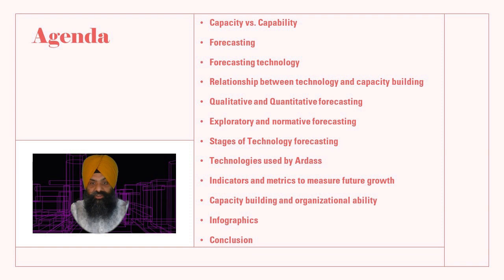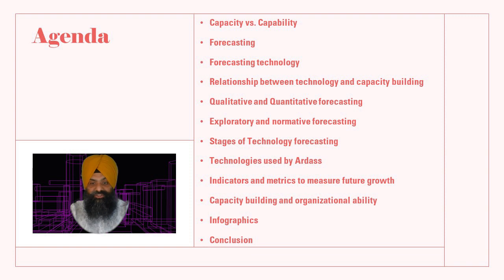What is forecasting and technology forecasting, and how do these help in the decision-making process to achieve future growth, the relationship between technology and capacity building, what is qualitative and quantitative forecasting, what is the difference between exploratory and normative forecasting, different stages of technology forecasting, various models of primary forecasting, which technology is implemented and how is this technology used at Ardass Corporation to forecast future growth,